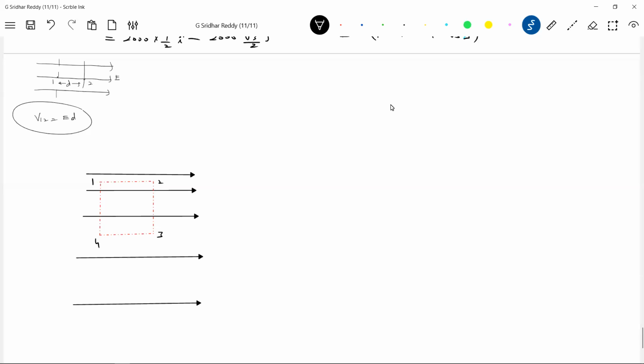I'm asking. So first, what is the work done in the path 1, 2? Where is the field strength more, at path 1, 2 or 3, 4? Definitely at 1, 2 it's more. Yes, the spacing between lines is less there. So the field strength at point A, EA, will be greater than EB. Then what about the work done in the paths 2, 3 and 4, 1? It will be 0 because E bar will be directed perpendicular to the